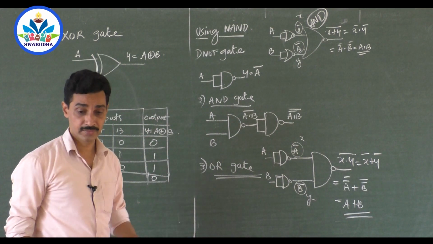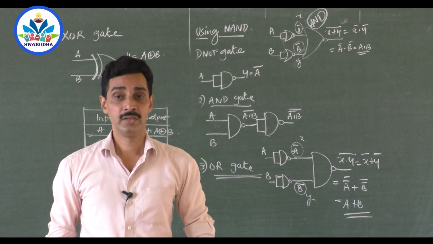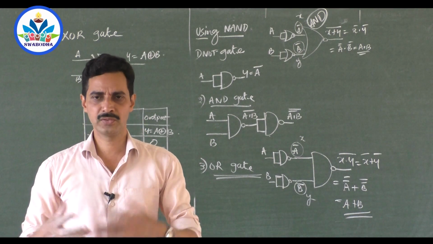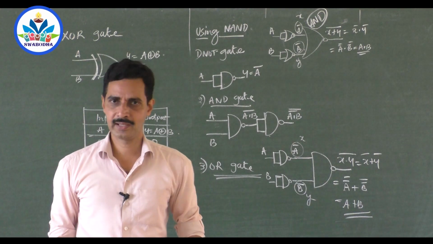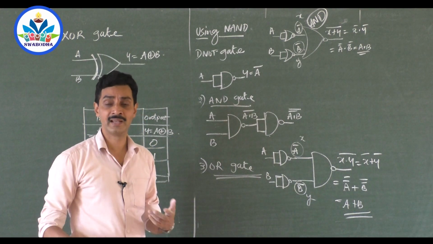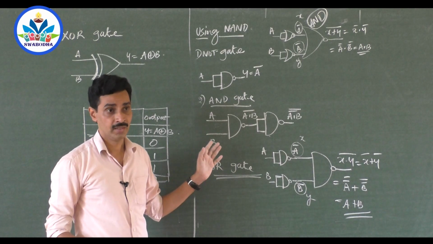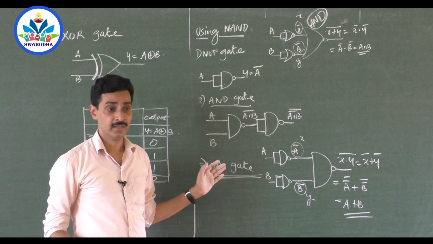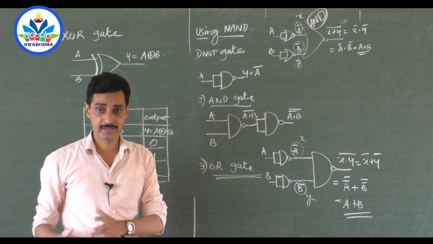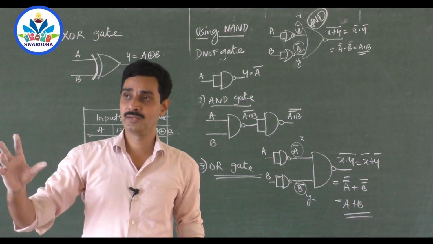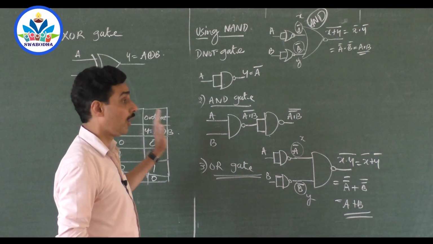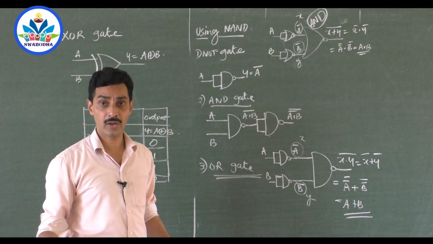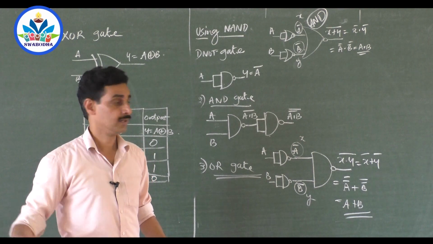Very important chapter for the entrance exam as well as the theory exam. You can score up to perfection. There is no mistake, because the only thing is you have to cultivate it again and again. All of a sudden, in one single night, you can't memorize all those things. And also you have to go along with theory. You shouldn't memorize it blindly. What is the logic behind it? How is it constructed? How does it work? Accordingly you have to prepare the truth table, and one by one it is connected. If you know OR, you can write NOR. If you know NOR, you can construct another AND or NOT gate. So like that.